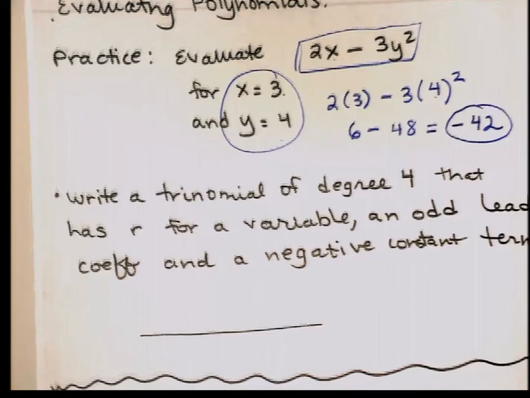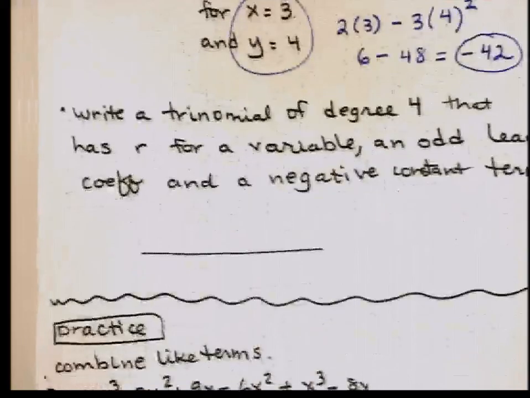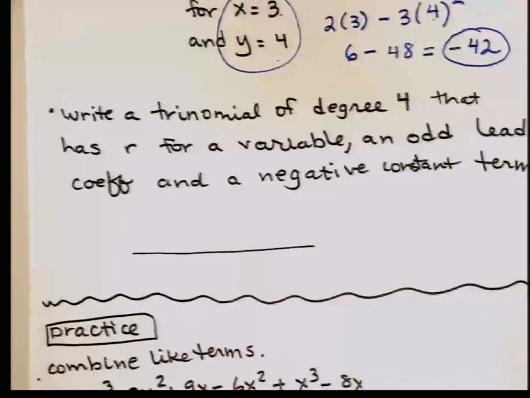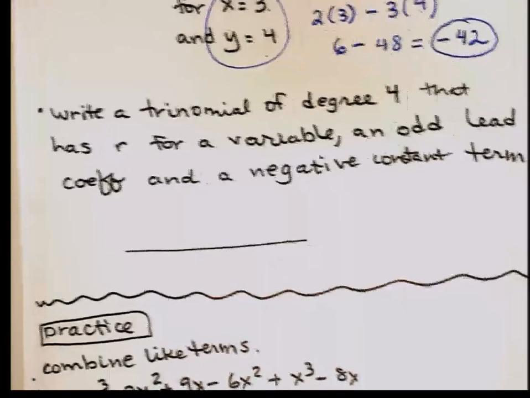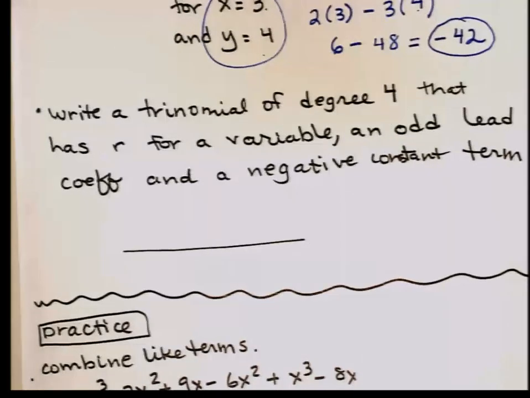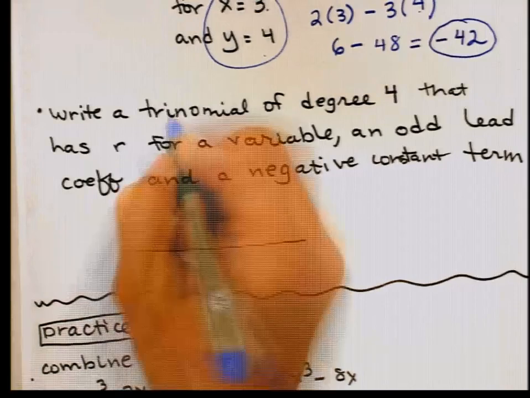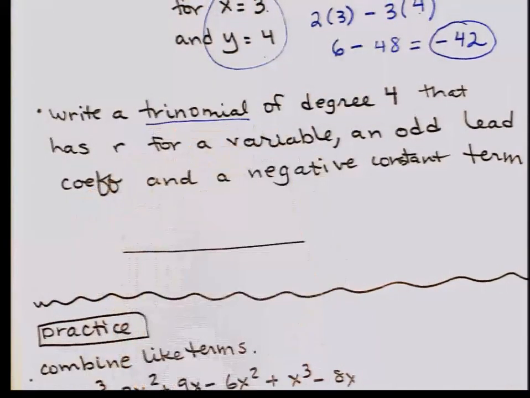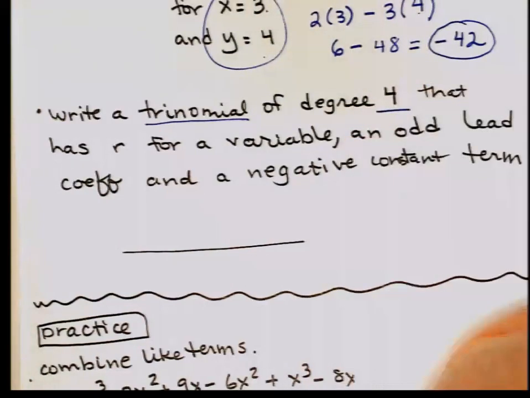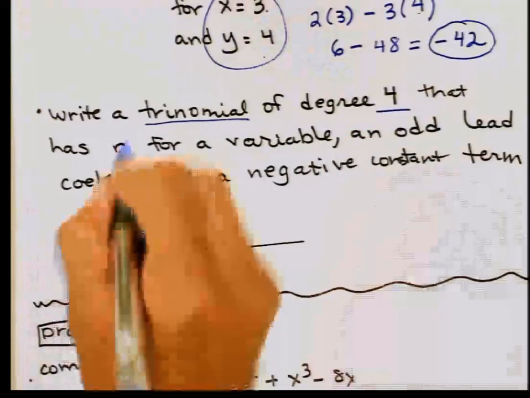Okay, so here's one of my challenge questions. And it's challenging because it doesn't feel like it has a lot of guidance. It's like, well, is this it? There's a lot of chance to second guess yourselves. So take a deep breath, be confident. We're going to write a trinomial, translate what that means. Degree 4 that has r for a variable,